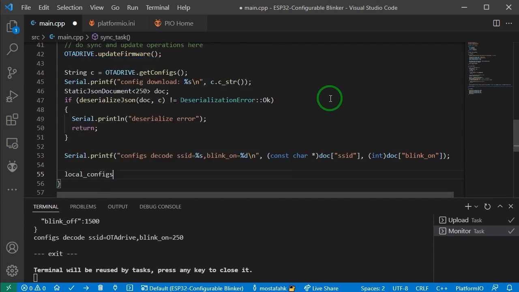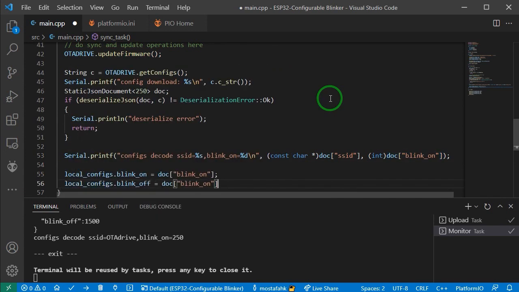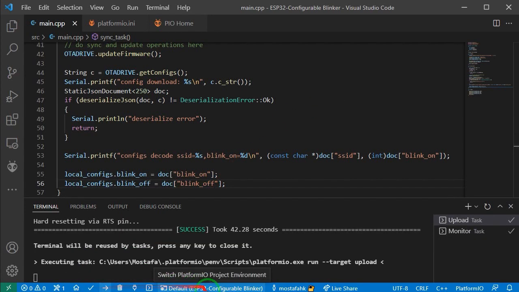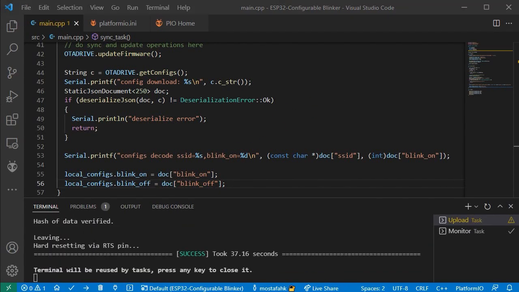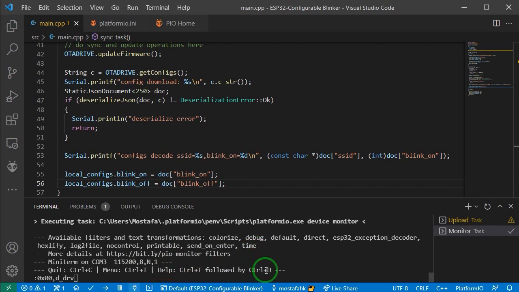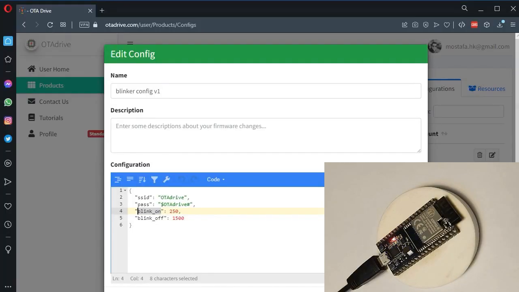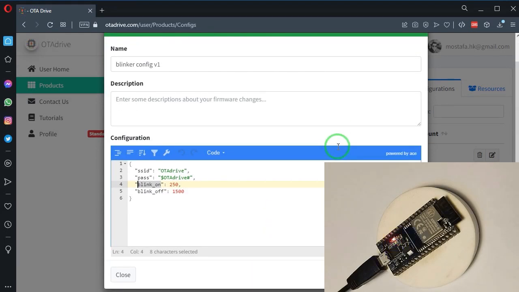Now, I'm gonna update the configuration values from the server values. Let's check the result. I'm gonna change the blink timings parameters and see what happens.